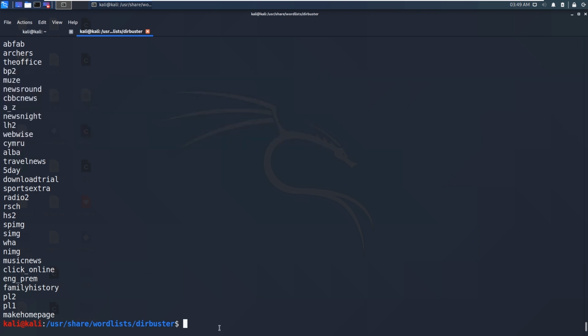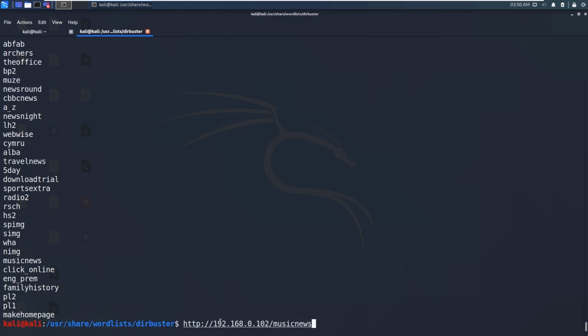What GoBuster does is it will send a GET request to this address. Normally it will take this URL, and suppose the word is music news, it will put /music news after it, and GoBuster sends an HTTP GET request for this web address.